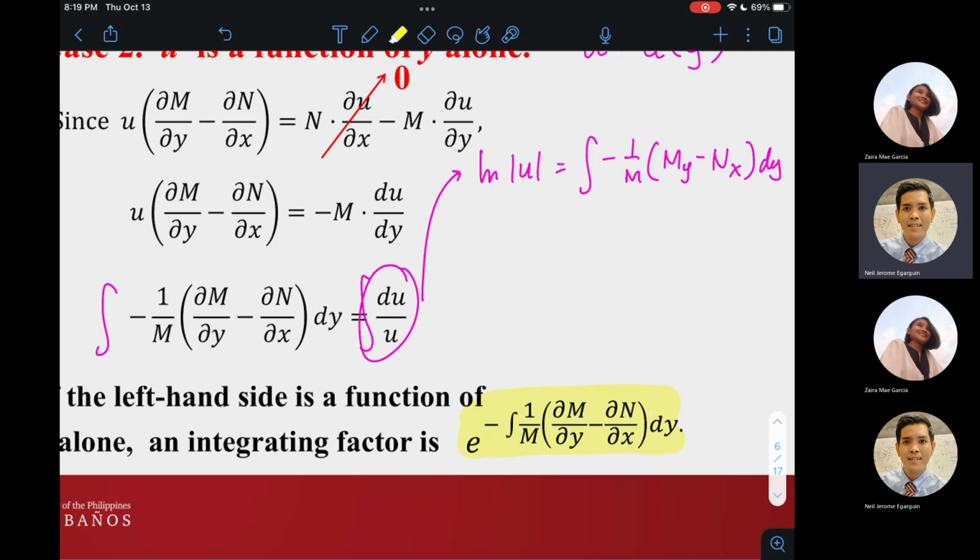Okay, pero again, ang requirement para maging integrating factor ito ay dapat yung partial ni m with respect to y minus partial ni n with respect to x divided by m dapat ay function lamang ni y. Right? So yun yung tanging conditions. And then, when we multiply both sides of our equation by the integrating factor u we got here, or the one we got from the previous slide, dapat yung makukuha nating bagong ODE ay